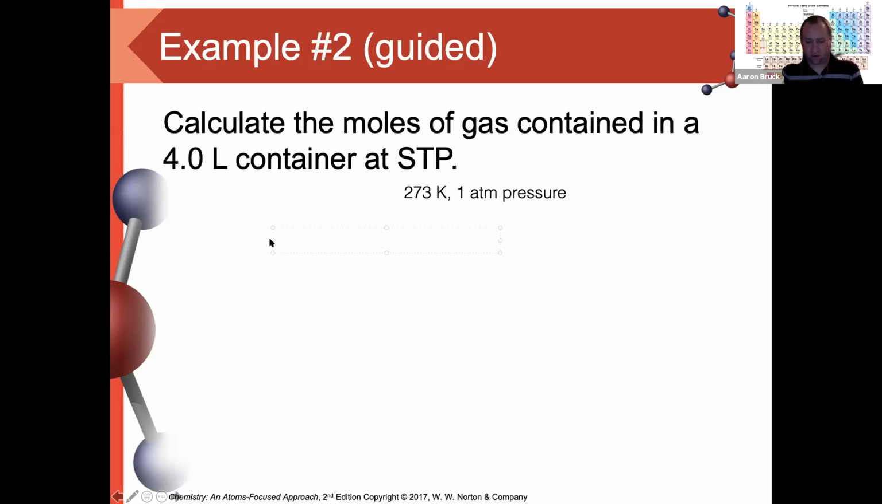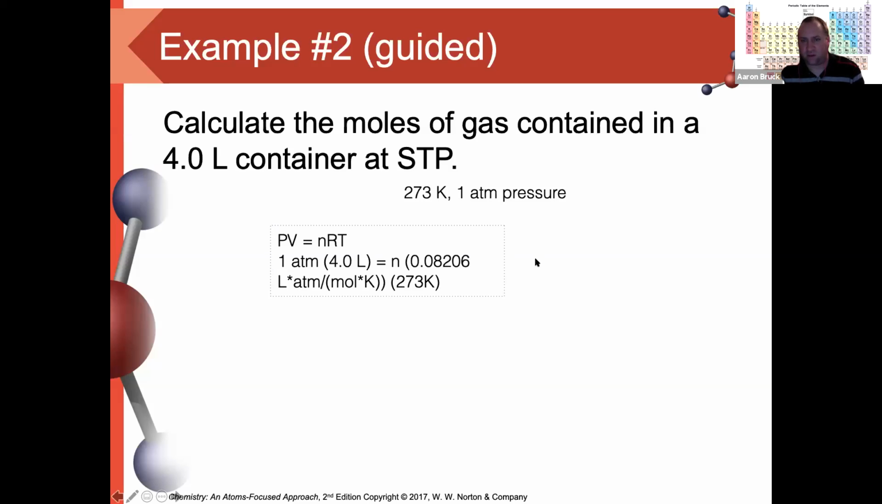where we have PV is equal to nRT, and I could just start to push in 1 atmosphere times 4.0 liters is equal to n times 0.08206 liter atmospheres per mole Kelvin, and 273 Kelvin. I could do that. And the end result would be pretty much the same as,